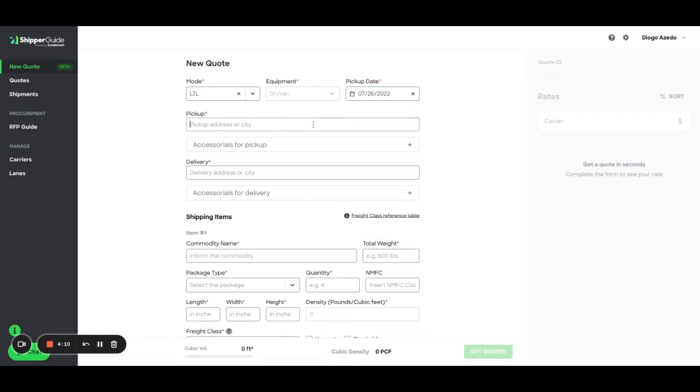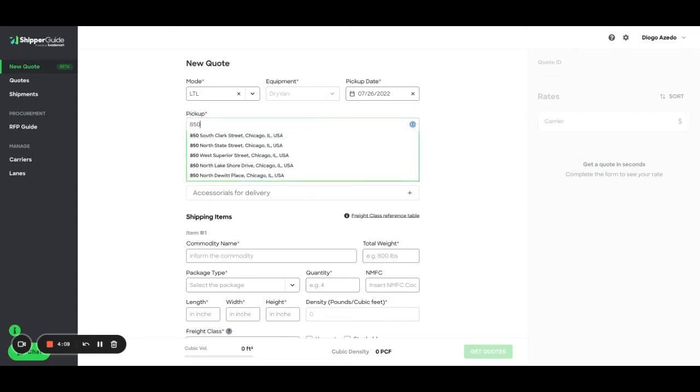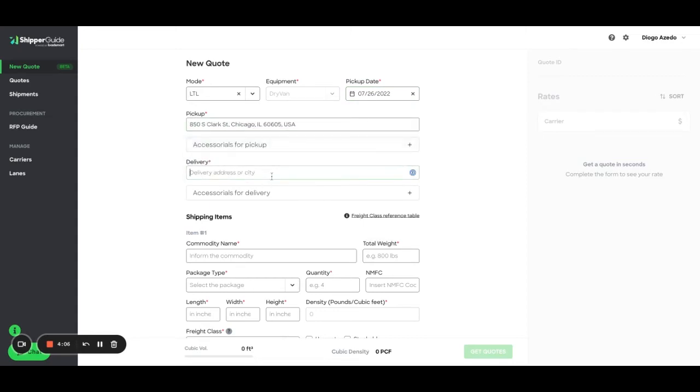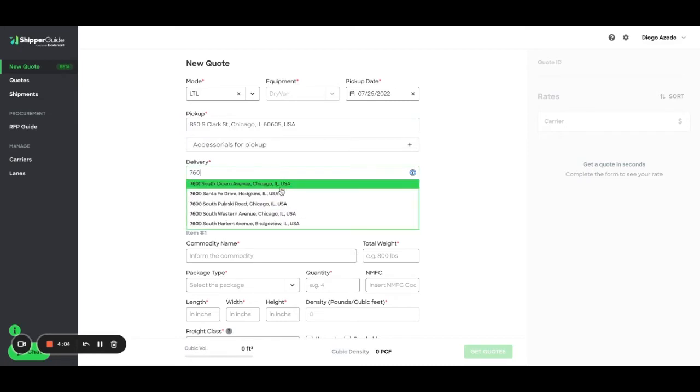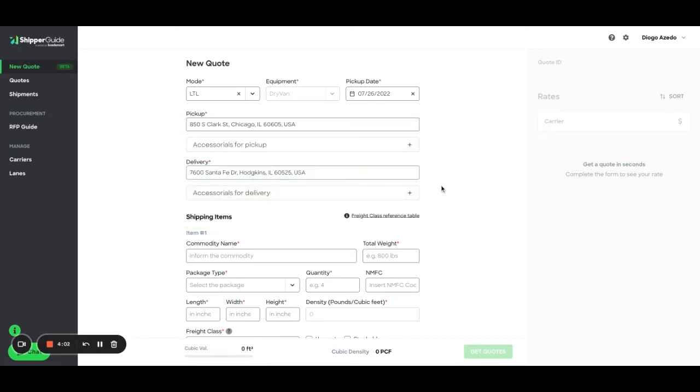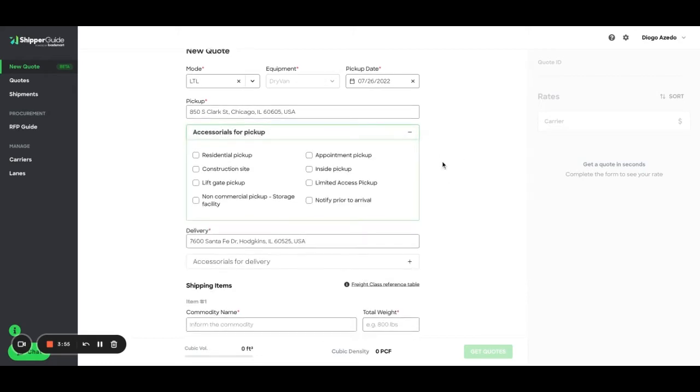Now we can continue quoting by putting our address in for our pickup and delivery locations, as well as check the boxes for any accessorials for pickup. For example, if there is limited access pickup or if it is a construction site. It is important that you check off all applicable boxes because it will impact the rate we provide to you